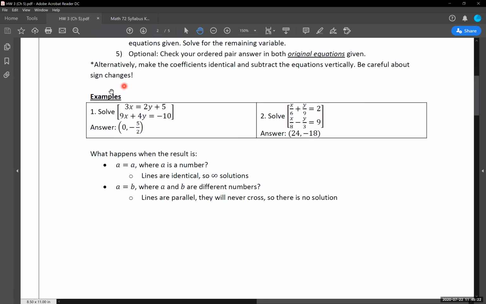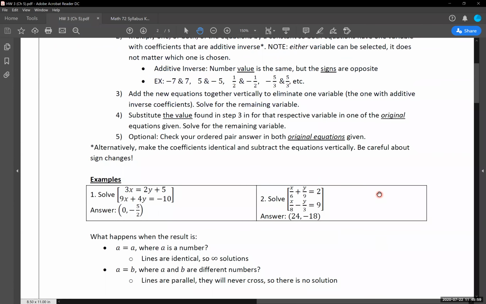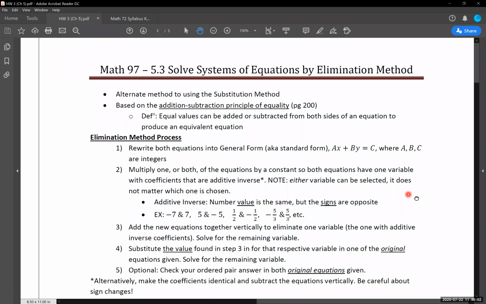So just like yesterday, back over to our 5.2 notes, we can have the exact same thing showing up for our potential answers. And the elimination method is just a different process to go through and solve these things. Okay? So that is everything for the 5.3 material. Again, this is a very, very mechanical process to go through. I think it's really nice in that regard. But that's everything that we have for this.